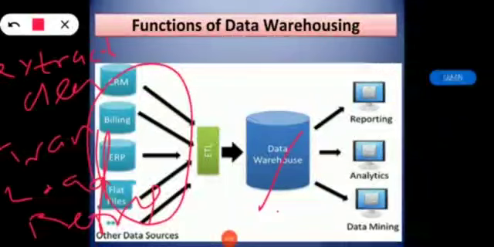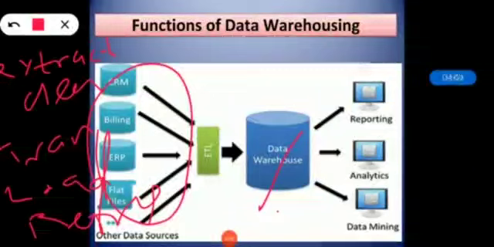Then comes the loading of data. After extracting data, it is loaded into the temporary data storage where the cleaning is done to make the data consistent. Actually, consistency checks are executed only when all the data sources have been loaded into the temporary database or data store. Then in the process of cleaning and transformation, once the data is extracted and loaded into the temporary data store, now it is time to clean and transform. In that, the data is cleaned and transformed into the structure. Then the partitioning is done and aggregation is done. So we will see one by one.